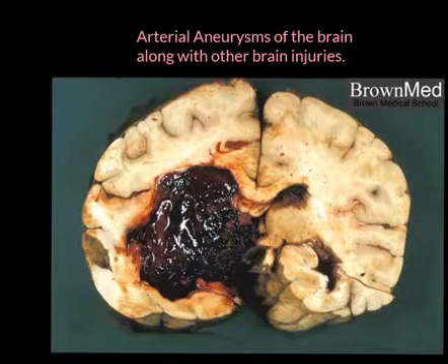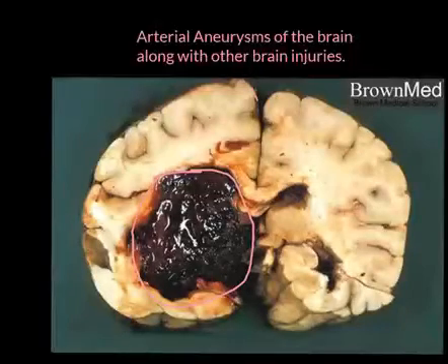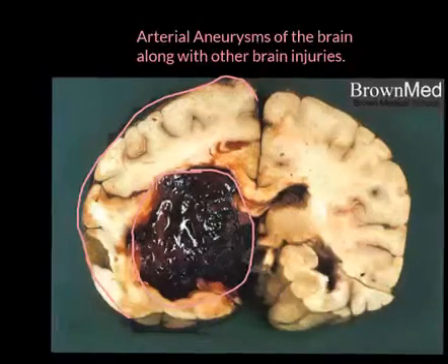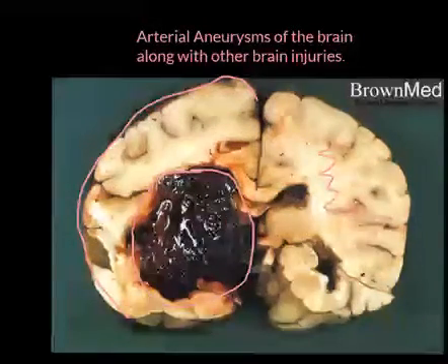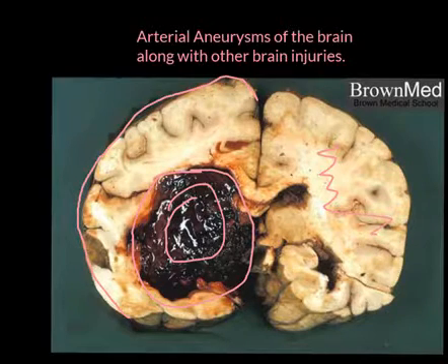Okay, this is kind of a shocking picture of a bleed from an aneurysm, which you can see obviously is this area here. You can also see how the brain has pushed itself outward and has become very, very large, much bigger than this side of the brain where the aneurysm hasn't really affected it. But you can imagine that anything in this bleed area that is being crushed is going to cause some paralysis